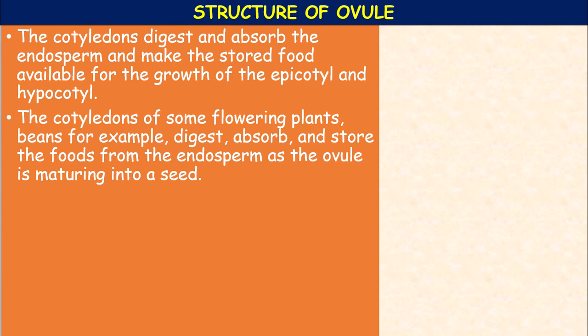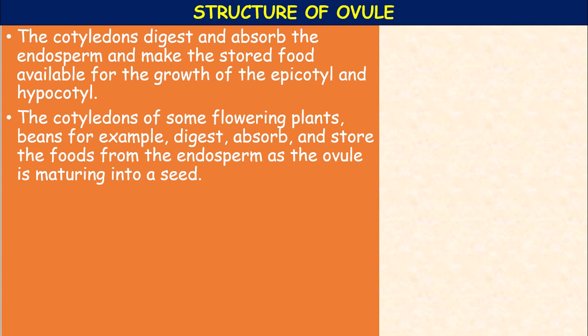Beans, for example, the seed. These are the post-fertilization changes. In the post-fertilization change, the ovary is converted into fruit and the ovules are converted into seeds. Okay, how the seed matures means the cotyledons